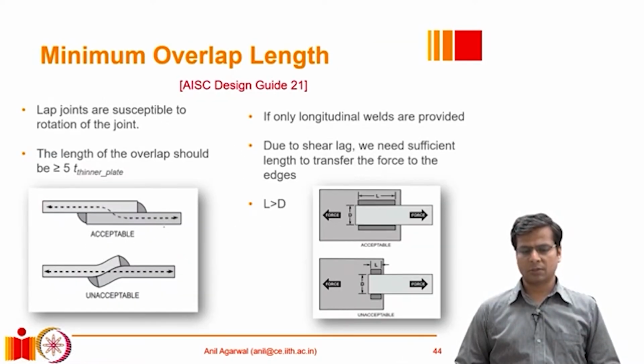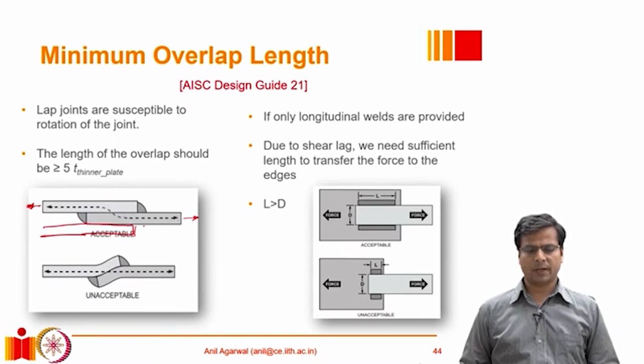Also, we have to be mindful about the geometry of a lap joint when we use fillet welds. Let's say we are using fillet welds to join these two plates together using a lap joint. Now, as you might realize, in a typical lap joint, the forces are not really concentric. The forces are not aligned. One plate has to be at a misalignment from the other plate. So one obvious option to overcome this is to actually use a double lap, wherein one more plate is used and a lap can be provided with this, and then again this joint can be repeated. However, that may not always be advisable or so critical. In any case, still we have to make sure that